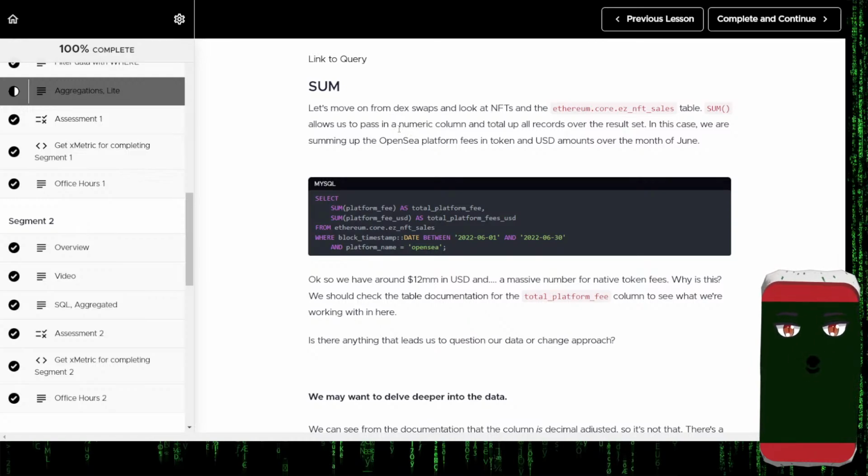Continuing where we left off today, let's just get right into it. No need for introductions. We left off and our next subject is the sum aggregation function. Let's move on from DEX swaps and look at NFTs and the